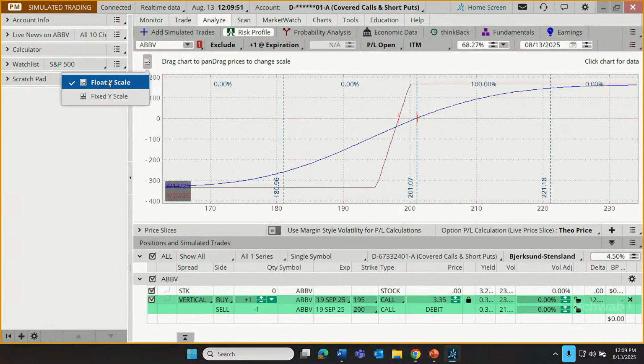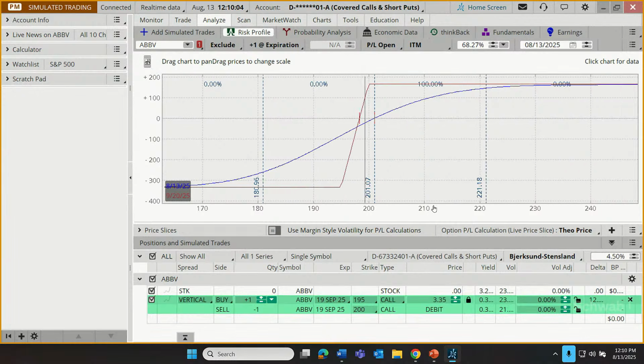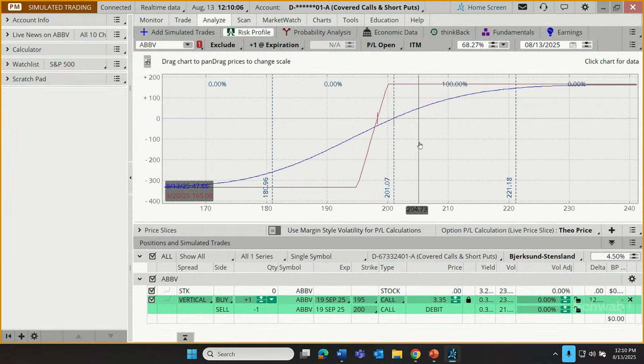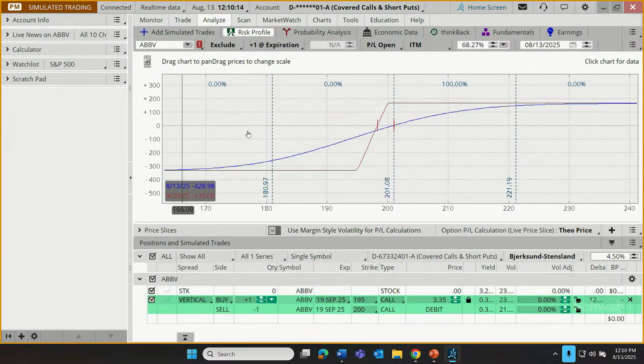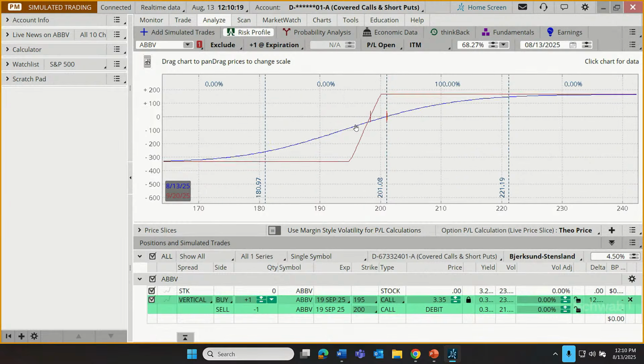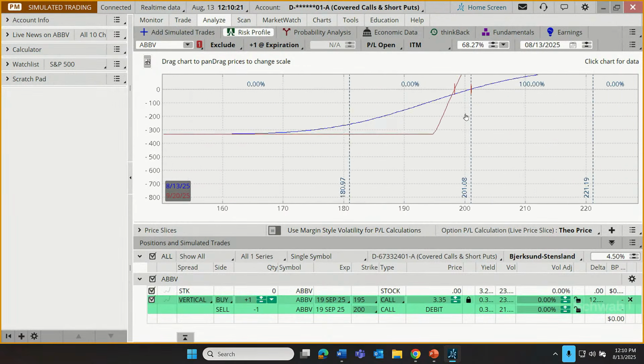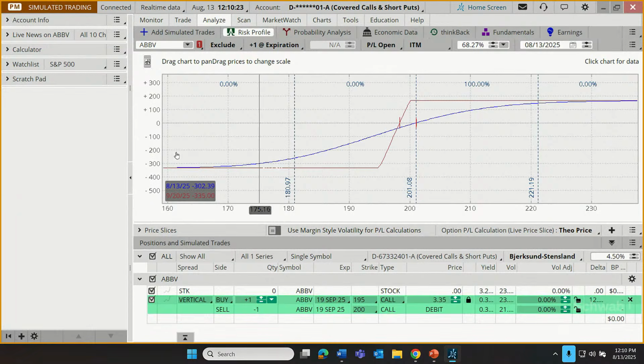But by default, this is going to say float the Y scale. If I choose fix the Y scale, in other words, don't move it around unless I move it, here's what that now allows me to do. For those of you who have already used this function and sliding back and forth as a function, we now can do the same thing with the price. Look at this. Or if I click and drag on the chart itself, I can move it all over, up and down and left to right, which is very nice when repositioning more complicated trades, that sort of thing.